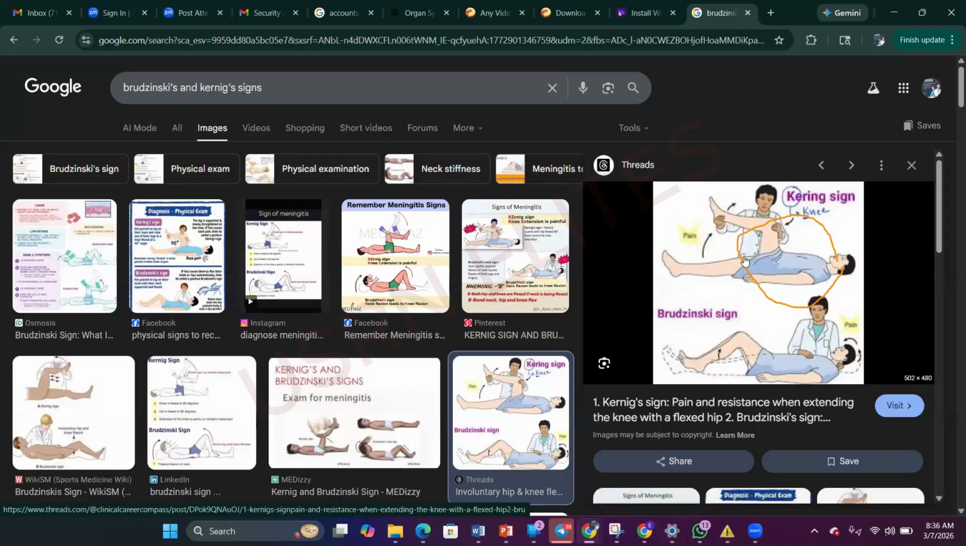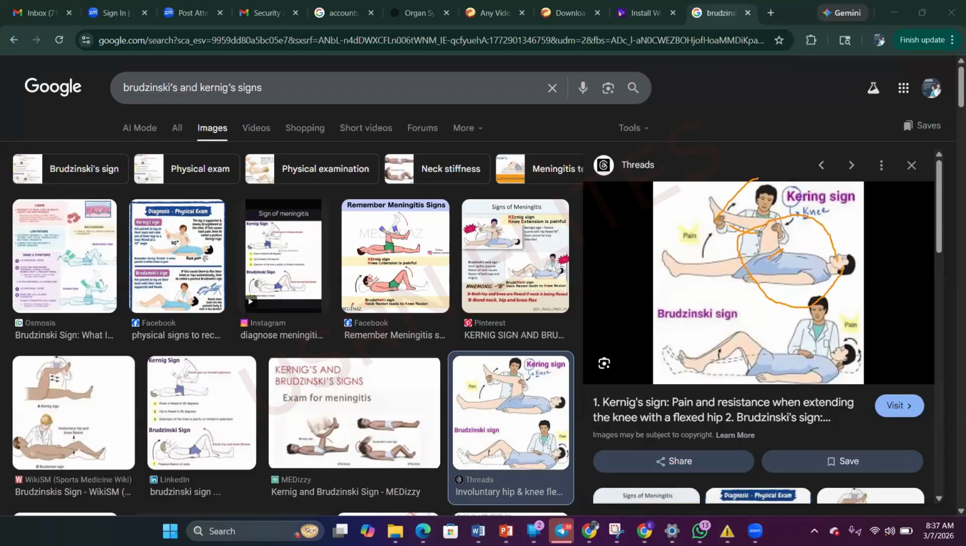When the person tries to extend the knee with the hip flexed. So it's with this leg. The knee is flexed here and the hip is also flexed. So upon further extension of this leg, the hip is flexed here and the knee is also flexed here. So when the healthcare provider tries to further extend the leg up,